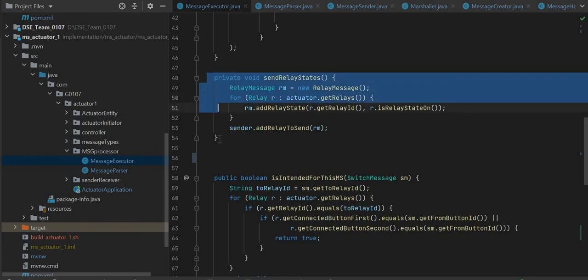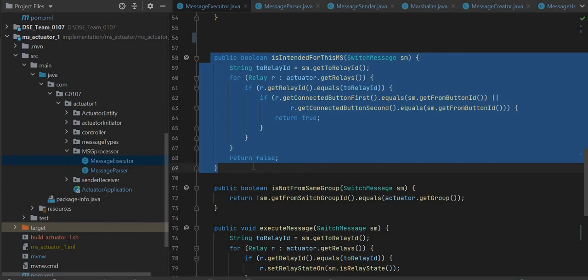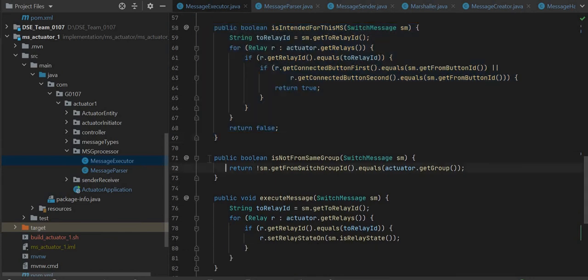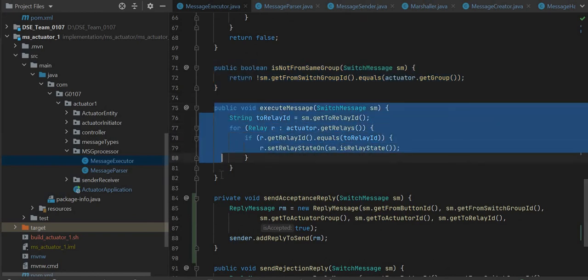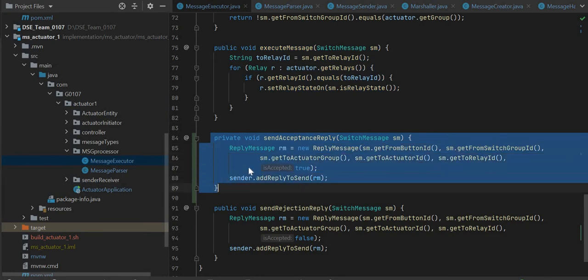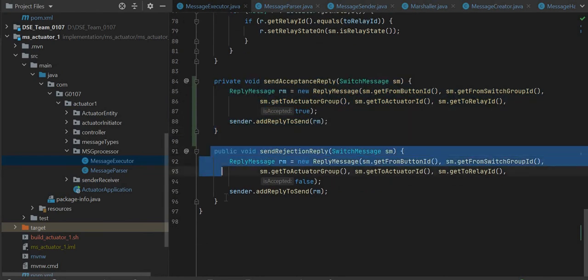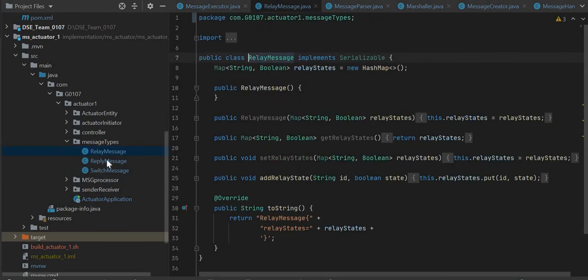This is for sending relay states. This is for checking if the message is intended for this microservice and is not from the same group. This is for executing and changing the relay states. This is for sending the acceptance reply. This is for sending the rejection reply. It will just send the same message, changing true and false as acceptance and rejection. So the message types are relay state,